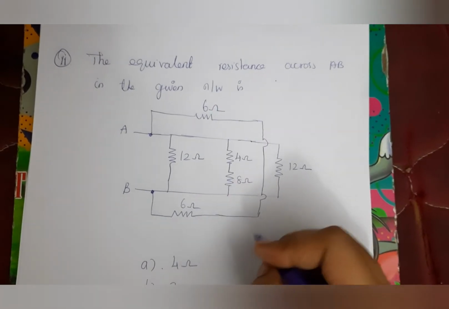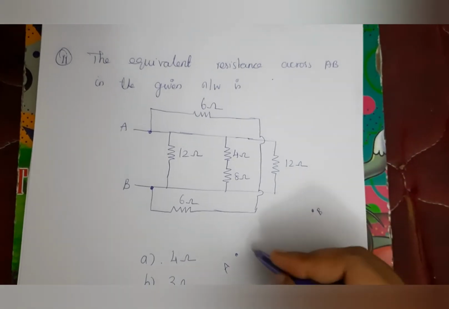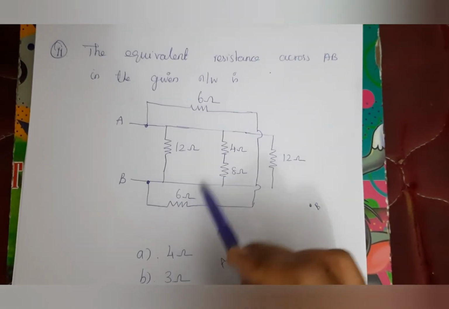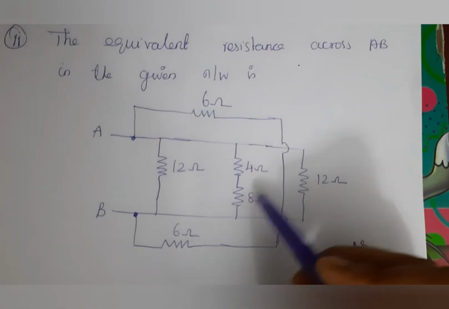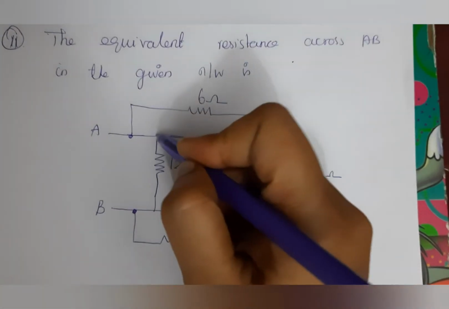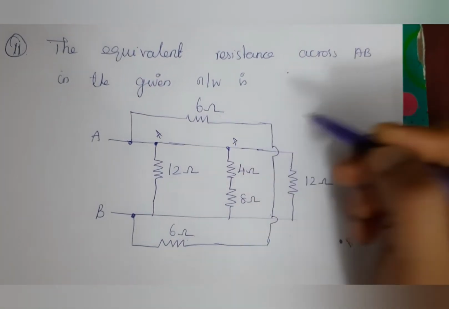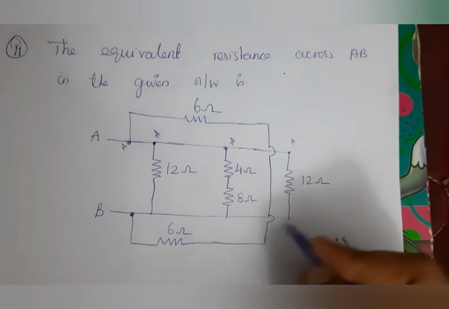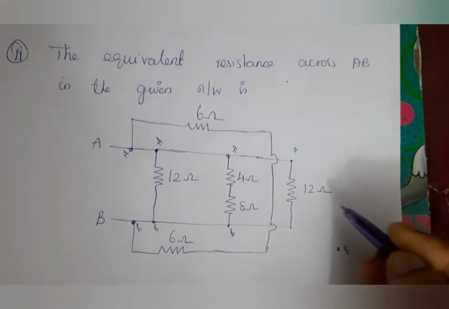this circuit for simplification. So consider this A point and this is B point. So first these two are series connected, so consider this, there is no connection between this 6 ohm and 6 ohm, these are two separate lines, so there is no connection. So these two are series connected, and this node point here is A, and this also is connected with A point, and this also A point, and here also A, and this point is connected, this is B, and this point is B, and this point also B, and this also B.